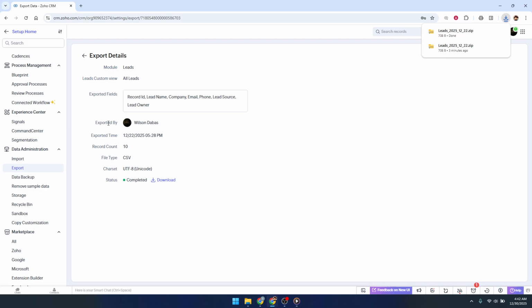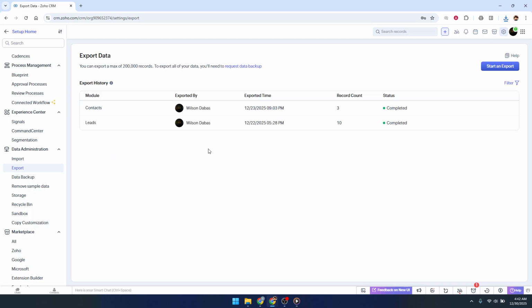After you've confirmed the module, the view, and the file format, go ahead and run the export. Zoho will process the request in the background. When it's finished, your file will appear in the Export History section on that same page. Look for your most recent export in the list, and then click Download. Your browser will save the XLSX file to your computer, usually in your Downloads folder. From there, you can open it in Excel and start working with your lead data right